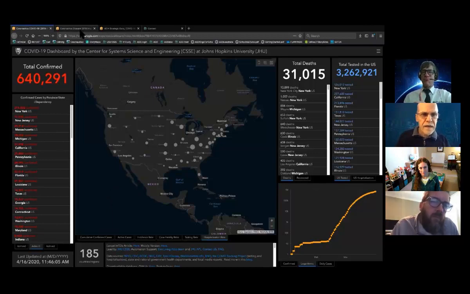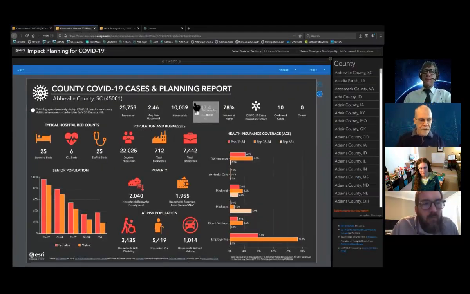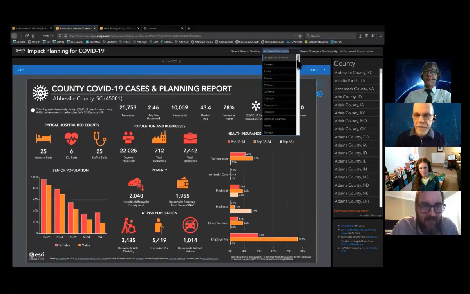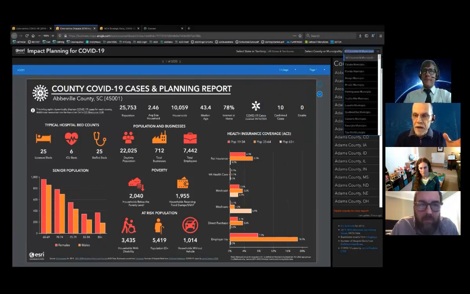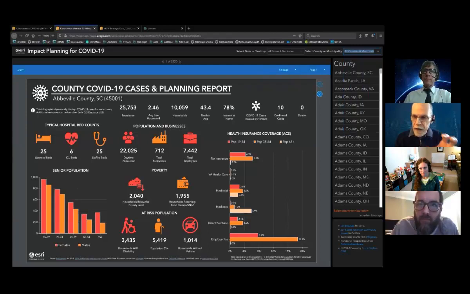Let's look at this next one. This is an intriguing display because, wow, 3,200 of these things. What, really? Yes, because you can select your state. You can go through and select the state. You can type in your county. You can choose the individual counties or the municipios in Puerto Rico, and you can go in and explore. And these are live